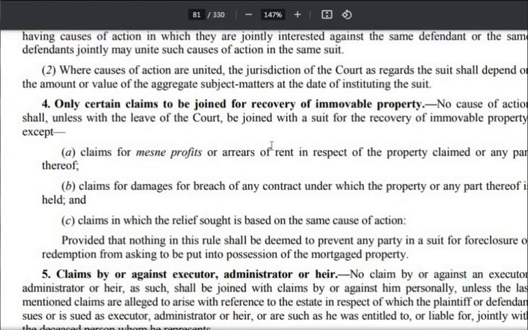And therefore the relief of possession, if it does not claim mesne profits, the subsequent suit of mesne profits will be allowed, and Order 2 Rule 2 will not apply because claims of mesne profits give you a distinct cause of action. ठीक, समझ में आया? इसको अब आप लिखिएगा।